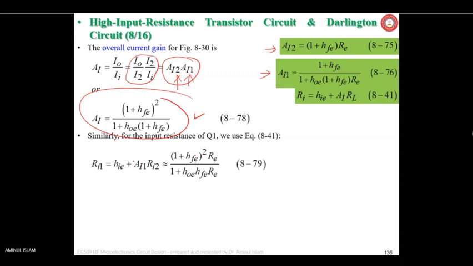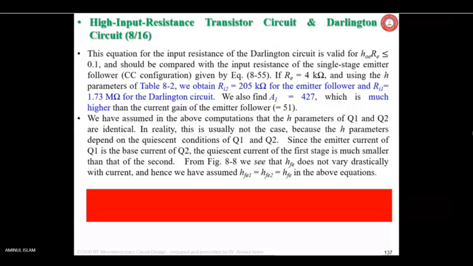Similarly, we can obtain the input resistance of Q1 as this. Now we are ending this topic, so let us study the concluding remarks about this